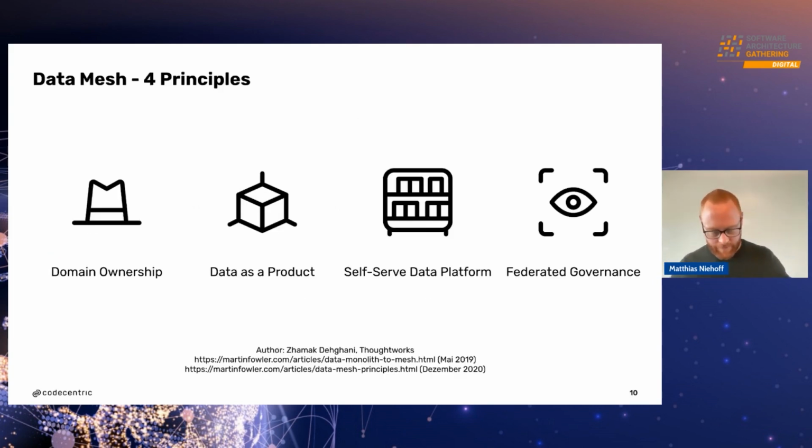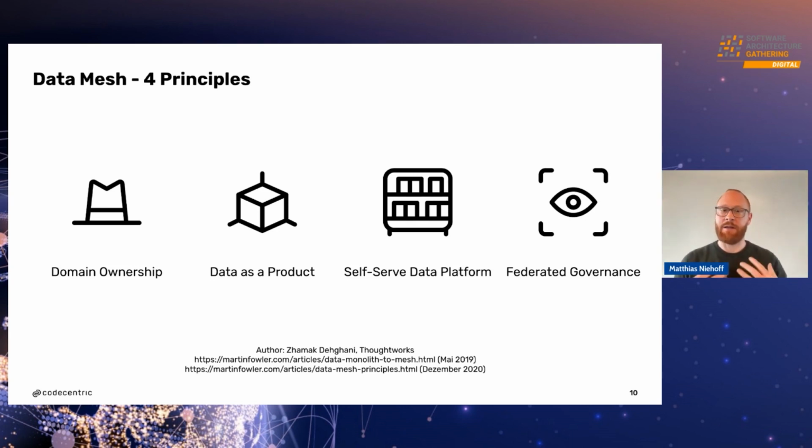I'm pretty sure everybody who has heard about or thinks about data architectures came across data mesh in recent years. So I'm keeping this brief. We have 4 principles here. Domain ownership: the one that owns the domain, knows the data, also owns the data provided for analytical purposes. This providing is not just, okay, here's SQL access, you can have it, or here's a CSV file, ready to go.